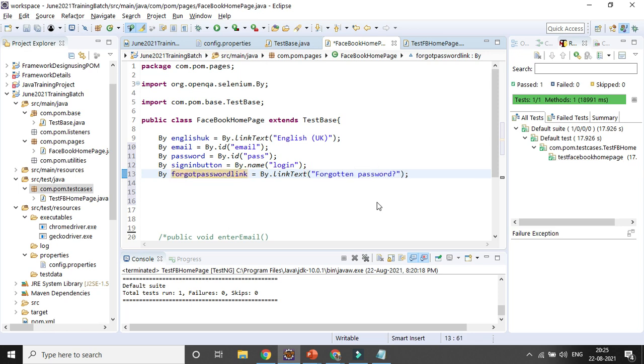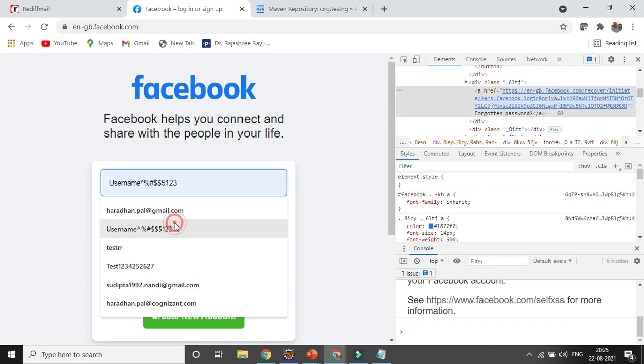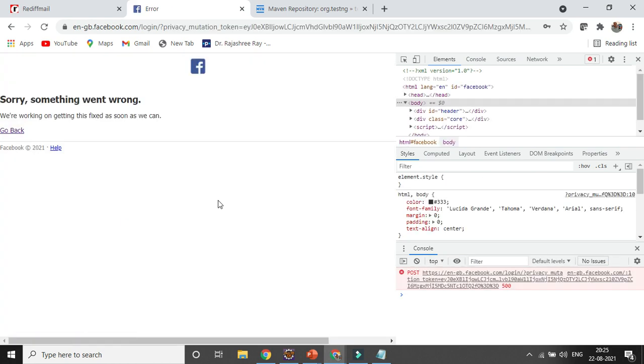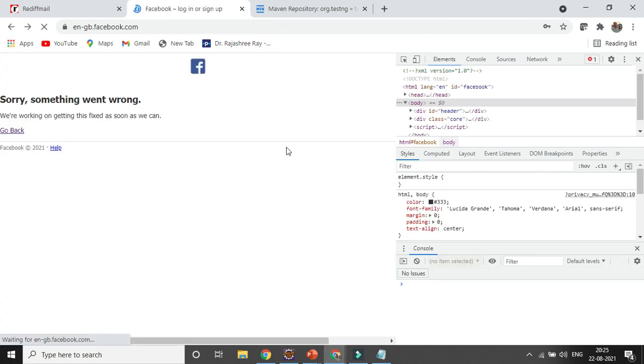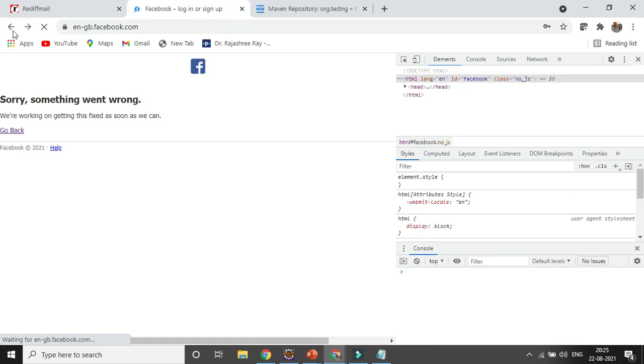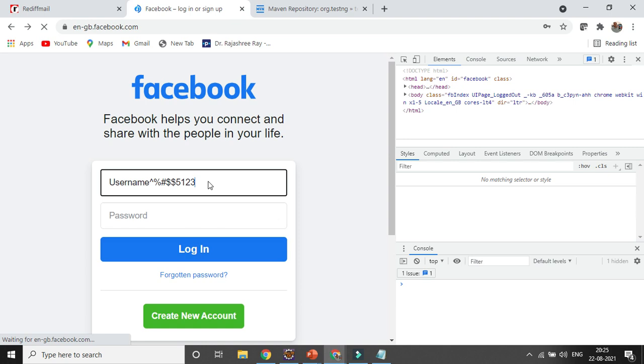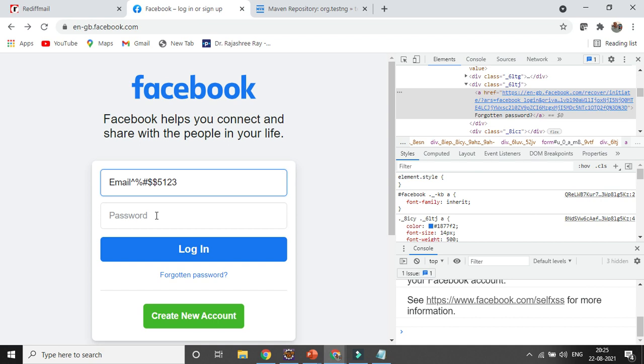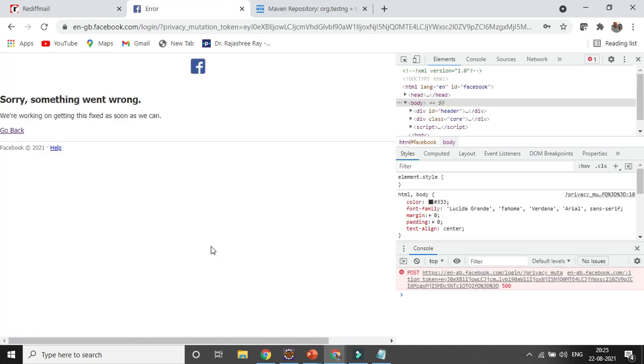Okay, now in case I am giving any random email and password, any random value, and it is not matching, and after that I click on the login button, some error message will be triggered, right? And I also need to validate the error message. So now it is coming a different way. Okay, some error message is coming now.